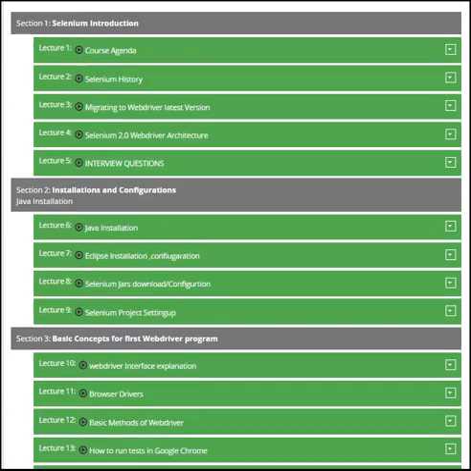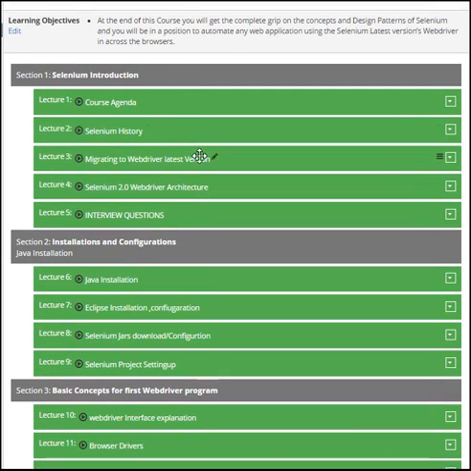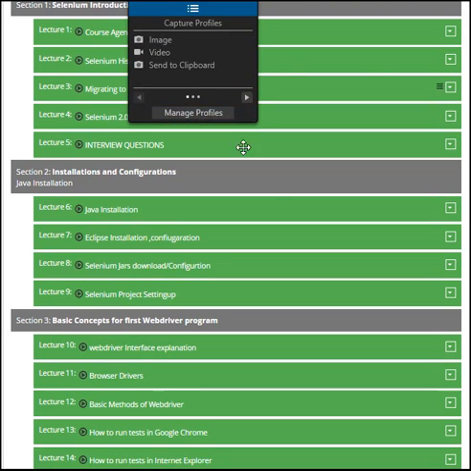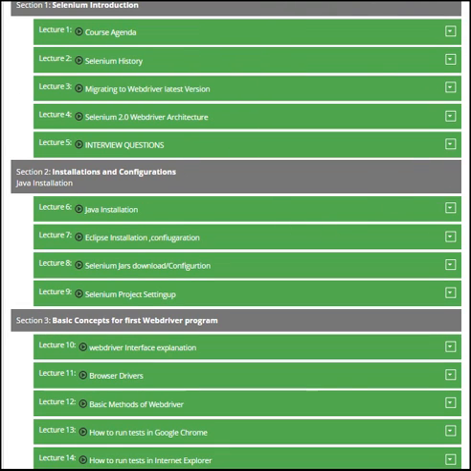So we have learned the Selenium introduction, like what is Selenium, the background of Selenium, and why we need to take the latest version, WebDriver, and how exactly the latest architecture looks, and what are the loopholes we had in the previous release, and how they were overcome in the current release. So we have seen those related topics in section 1, and we have made our basics strong